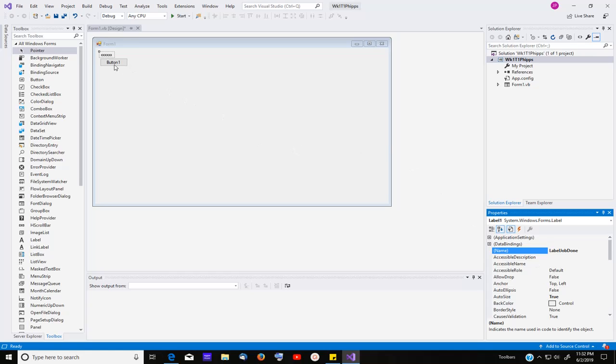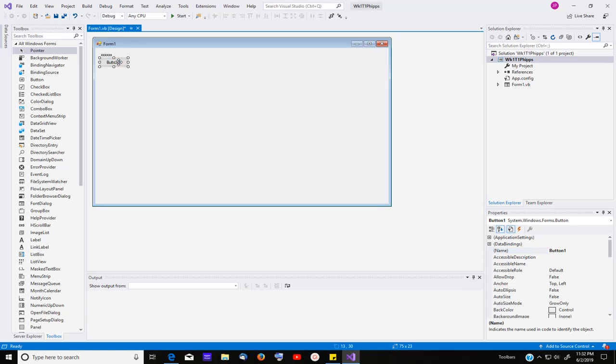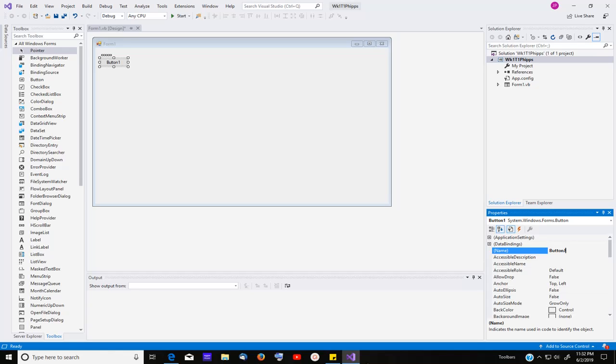And then I'm going to go to the button, click it once, and then go here, and you can see it's called button 1. I don't want the button named button 1, so I'm going to call it button job done, and the text I'm going to call it do the job. And as soon as I press enter, notice up here in this button it says do the job. Now if I double click this button,